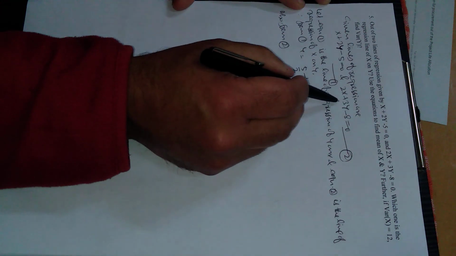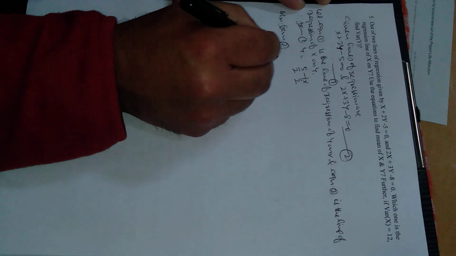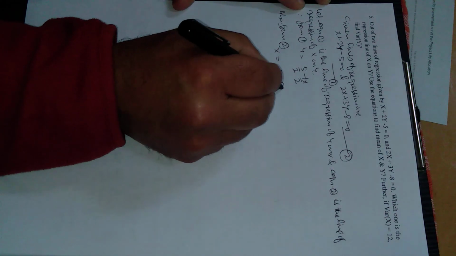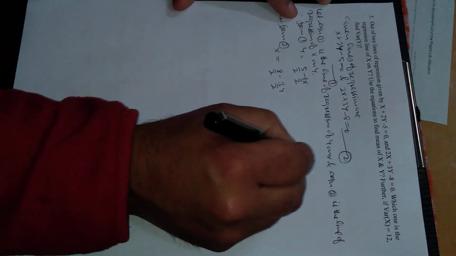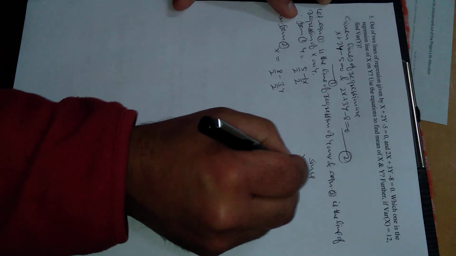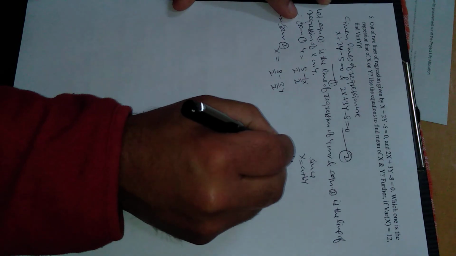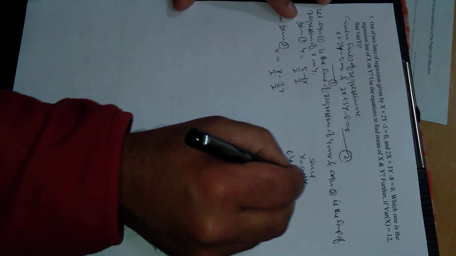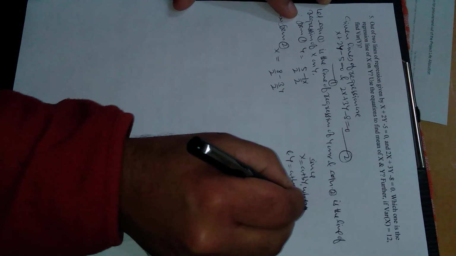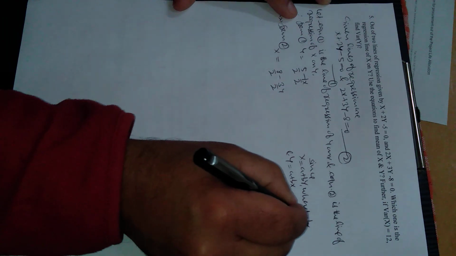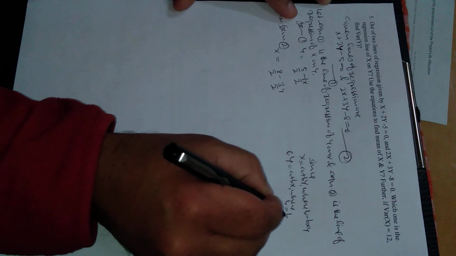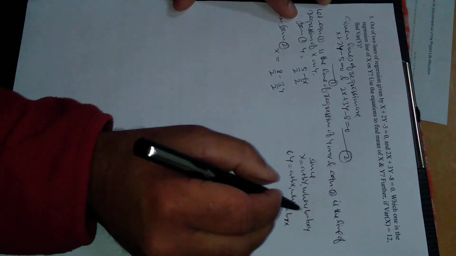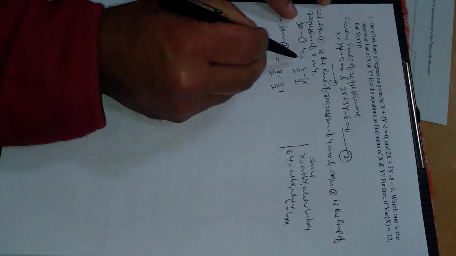Also from 2, we have supposed line of regression of x on y, so from here we will find x. From here x will be (8 minus 3y) divided by 2, this by 2 and this by 2. We know these results: x is equal to a plus b times y and y is equal to a plus b times x. So here, small b is the slope or regression coefficient of x on y, and here also b is the slope or regression coefficient of y on x. So this is y on x, and the first one is the regression coefficient of y on x.